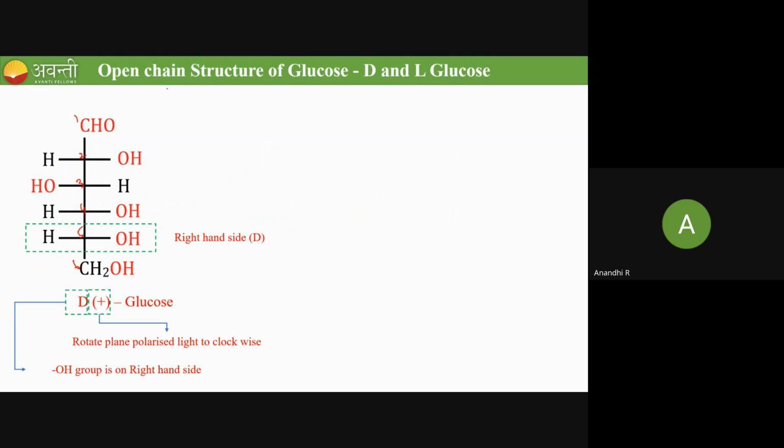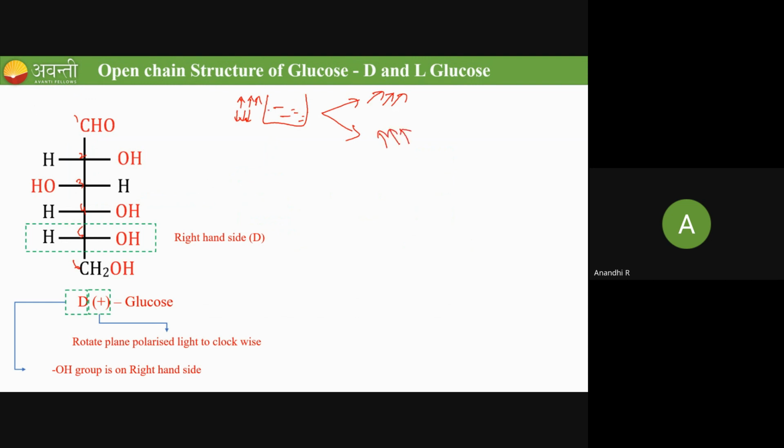We take a compound and allow it to pass through plane polarized light, and if it rotates that plane polarized light in two directions, that is, it will rotate through clockwise as well as anti-clockwise,